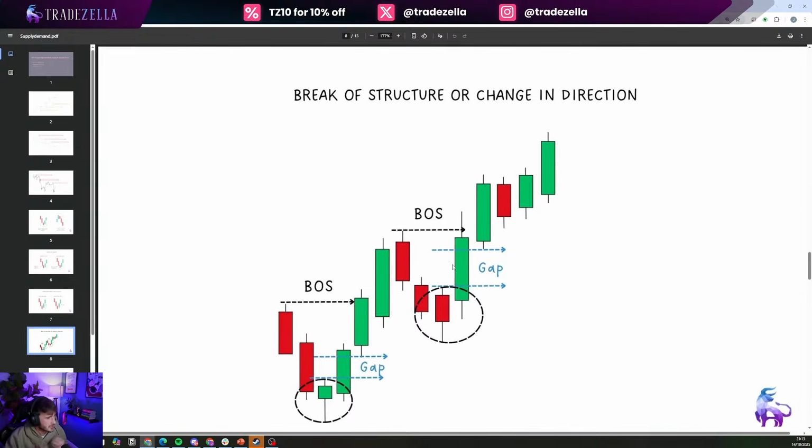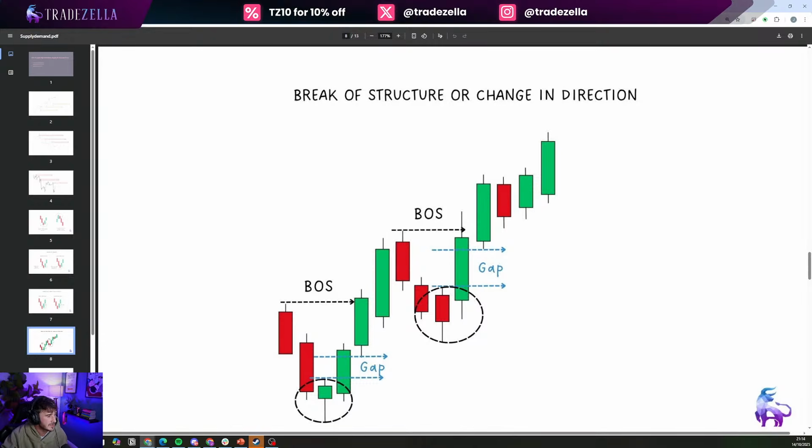The next one, break of structure, as I said. For it to be a valid area of supply and demand, we need a break of structure. So let's put 1, 2, 3 together now, right? The area of demand here took out this low. We then formed a fair value gap or an imbalance here in price. So 1, 2, and it broke structure. That now makes this an extremely high probability area of demand. Same thing here, right? We took out this low, we form this gap, and we also break structure. If price then were to now retrade back to this area of demand, we would consider this an extremely high